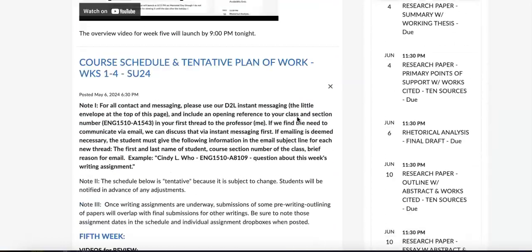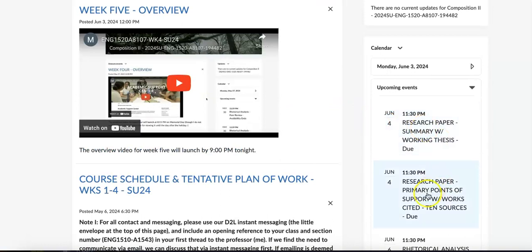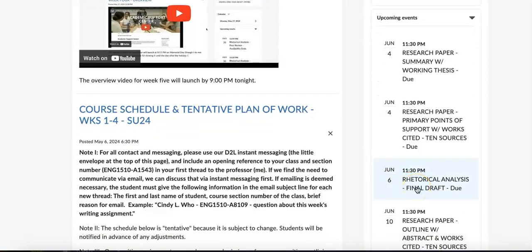So I did adjust that and give 1 more day on the summary and working thesis and primary points of support. I want to remind you guys, if I ever do change dates like this, including this one, if you already did submit one, but there was something you still wanted to modify, fix, change, or update, particularly now that everyone has feedback on everything else that they submitted, by all means, you still have until tomorrow evening at 11:30 p.m. to give me that summary and working thesis and primary points of support. And this week, as I'm grading those and putting feedback on them, I will go with the most recent submission of the file. Okay?